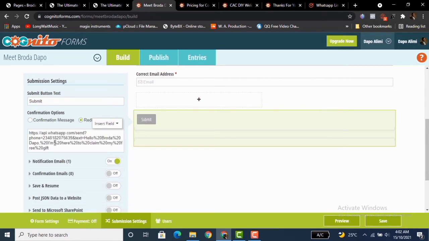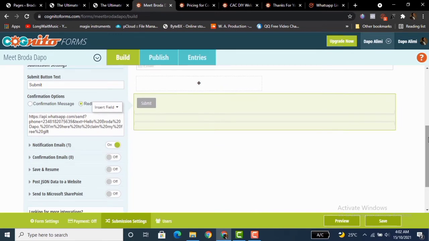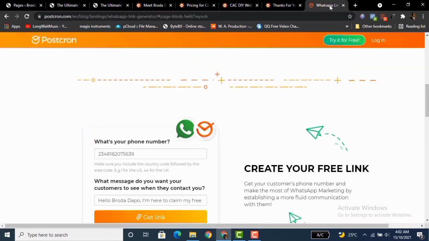So you can see the text I wrote within these links. All those are just codes, you don't need to worry your head about it. So that's one way for newbies, especially when you are trying to track where people are coming from or what people saw that they are coming to your WhatsApp. This customized message using Postcron WhatsApp link generator